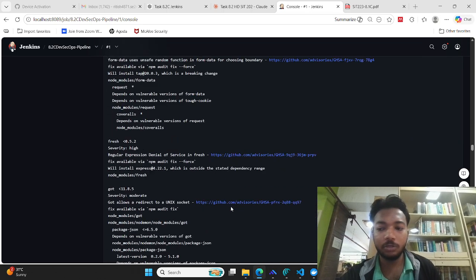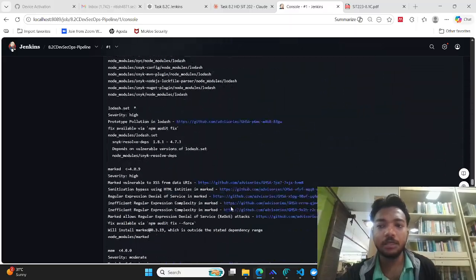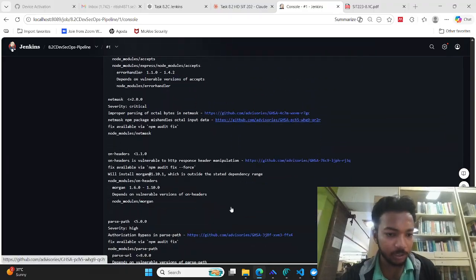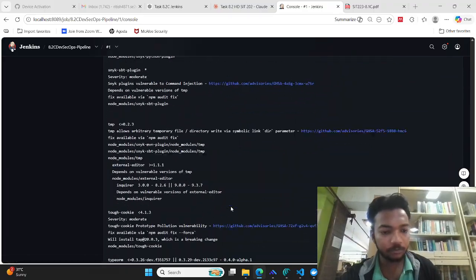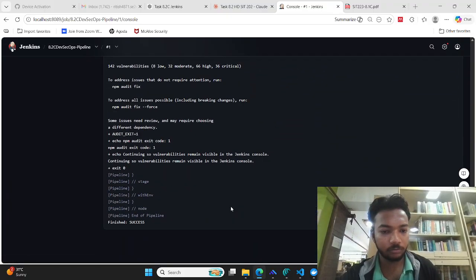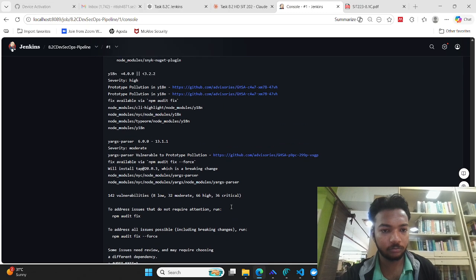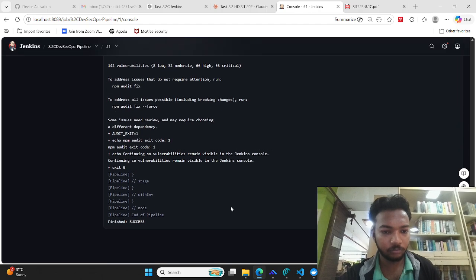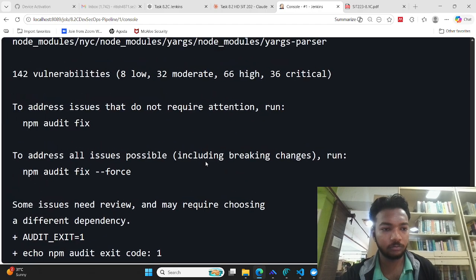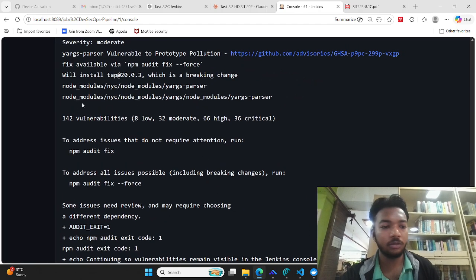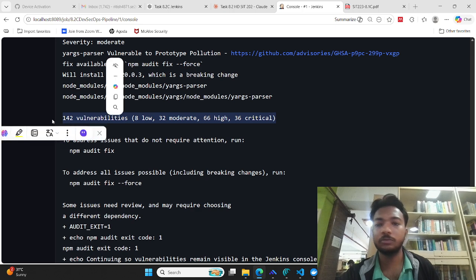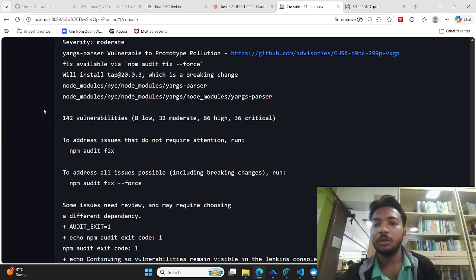At the end of the report, Jenkins displays the total vulnerability summary. Here you can see in my output, the scan found 142 vulnerabilities: 8 low, 32 moderate, 66 high, 36 critical.